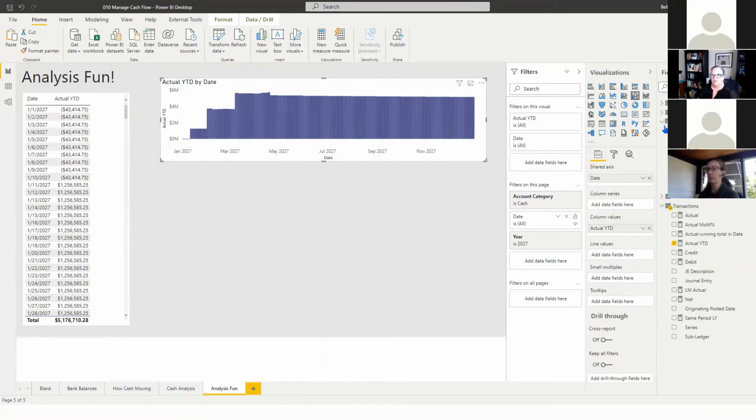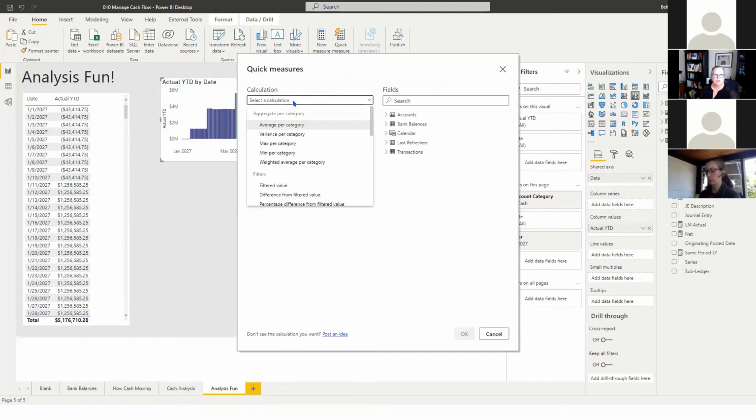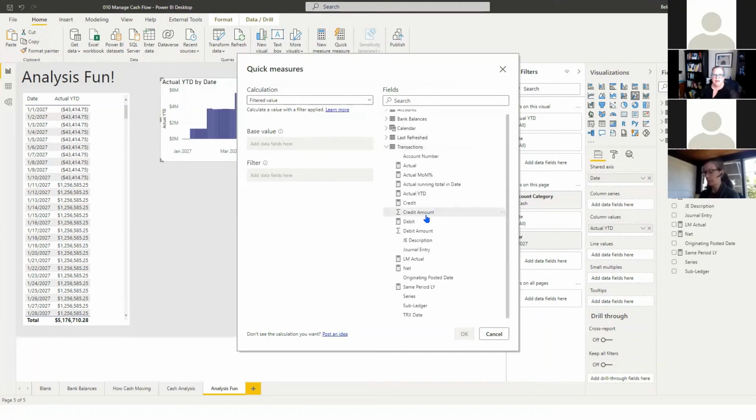Let me collapse that. Under transactions, I'm going to add a quick measure, and I could longhand this if I want to, but I'm going to do a filtered value. And the value that I want to get is that actual year-to-date number, because that's what we have on the other screen, on that visual. So I want to use the same field, but I want to filter this by the series. So I'm going to put series in the filter. When I click on the drop down right here,